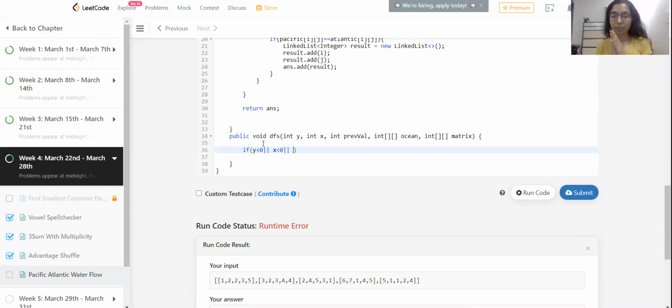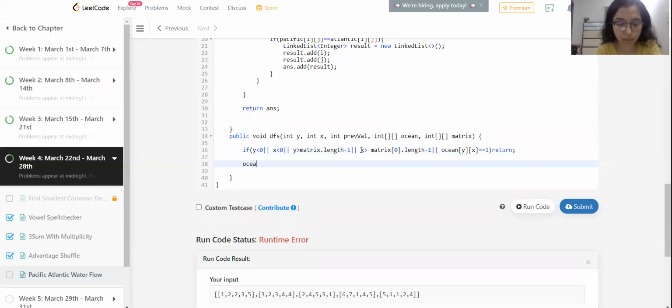This is a condition where we are checking that the array is not going out of bounds. y is greater than matrix dot length minus 1, or x is greater than matrix 0 dot length minus 1, or if the ocean's position is already filled, we will simply return.